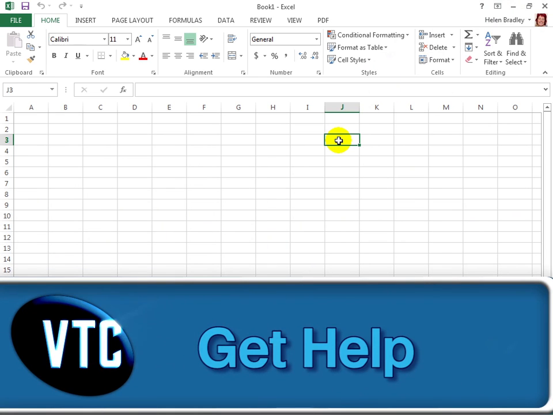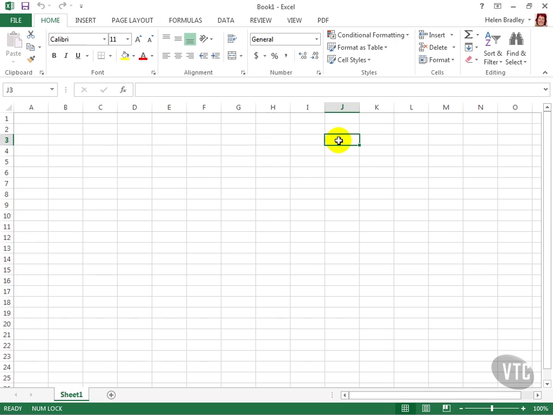Help is easy to find in Microsoft Excel 2013. This icon here in the top right of the screen is the Help button. As you can see, when I hold my mouse over the button, there's a shortcut keystroke that you can use to get help. It's F1. So you can either click this icon or press the F1 function key on your keyboard to open the Help